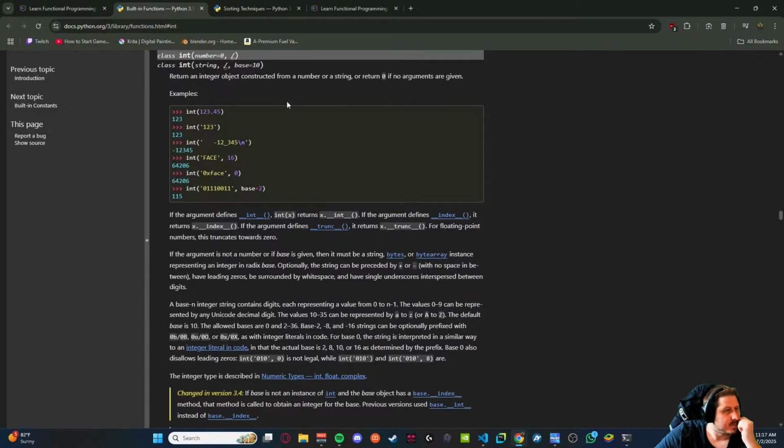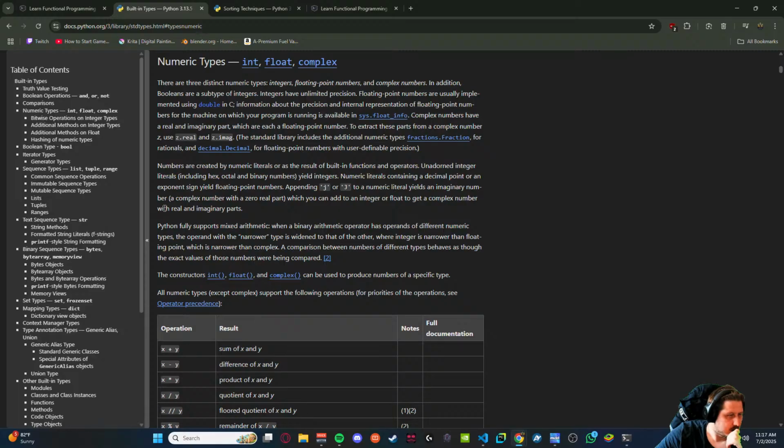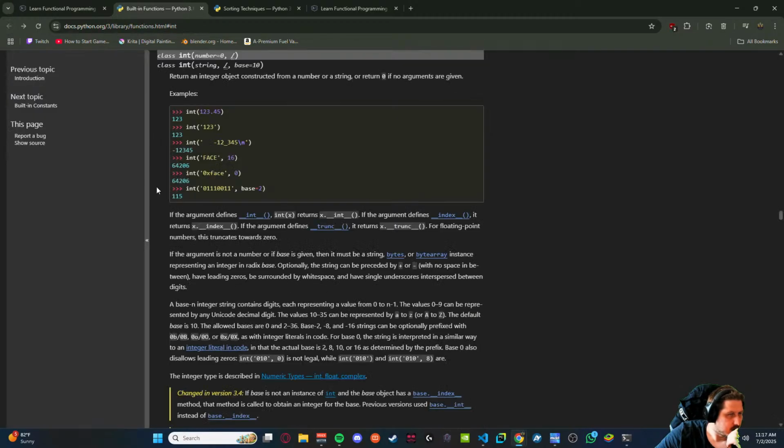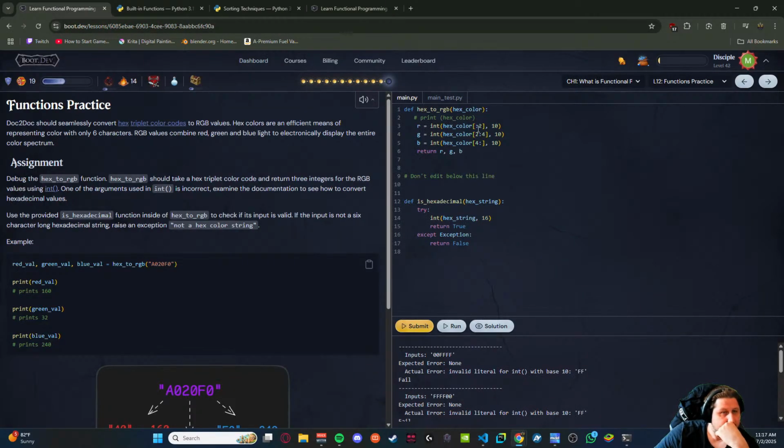Int string base 10. Positional only parameter. Integer 1, 2, 3. Hex color.